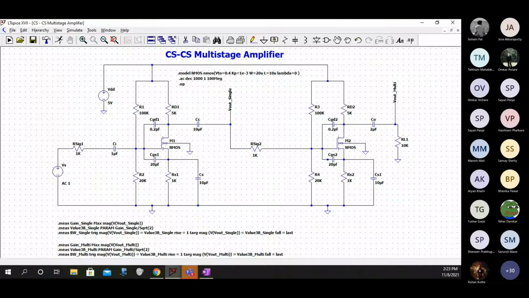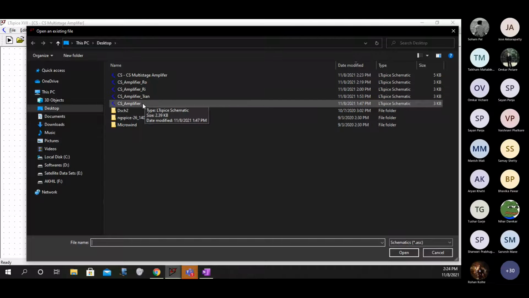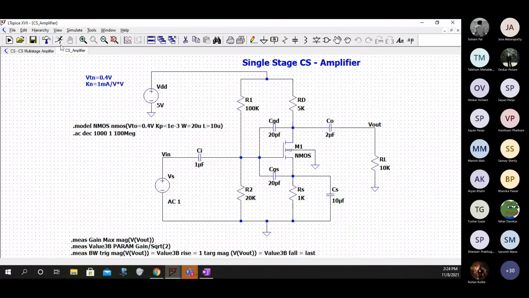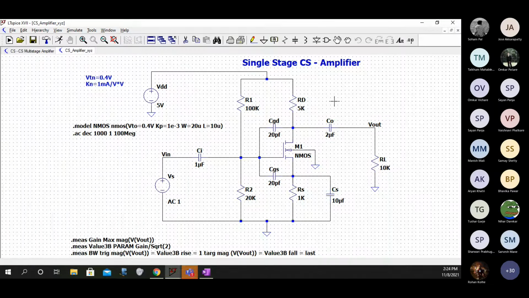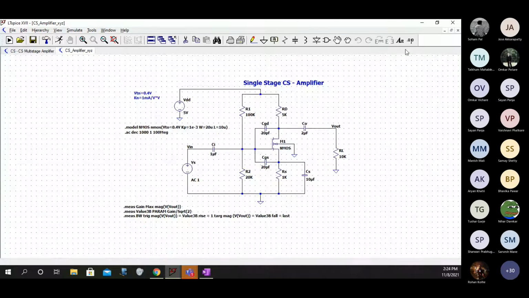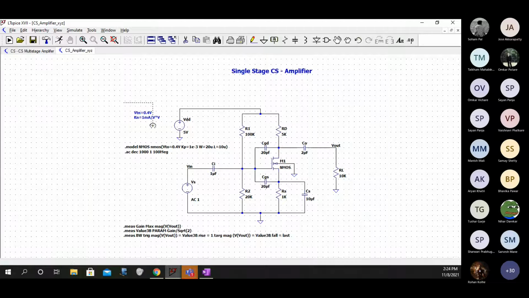So first let us be on the same page, then we can go ahead. Come on, do this, write like this, and post this circuit in the chat box first. I'll give you some time to draw this. I'll show you how you can go about it. I'll open the previous circuit, the CS amplifier. You just save it as something, save it as XYZ. I'm just saving it for now. And then what you will do is take this here somewhere. All this, just keep it aside.